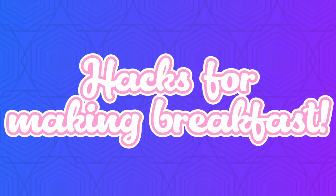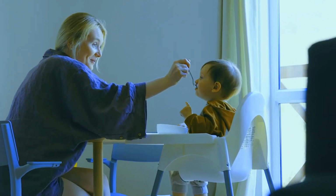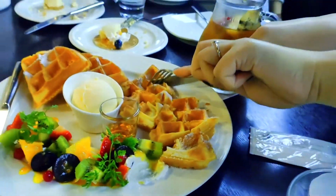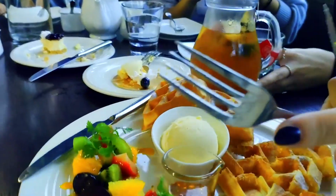Hacks for making breakfast. Breakfast is the most important meal. However, it is a meal that most of us skip every day. While breakfast provides the good things and it's fun to make on cozy, chill weekend and holiday mornings, it's a different thing when it comes to the rushed mornings where you even have to think of brushing your